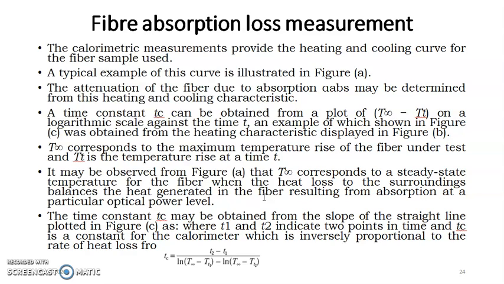We can find this measurement for the calorimetric technique because light is propagating through the given fiber. Because of that, the attenuation of the fiber due to absorption is due to the heating and cooling characteristics. We can consider that a time constant can be obtained from this,